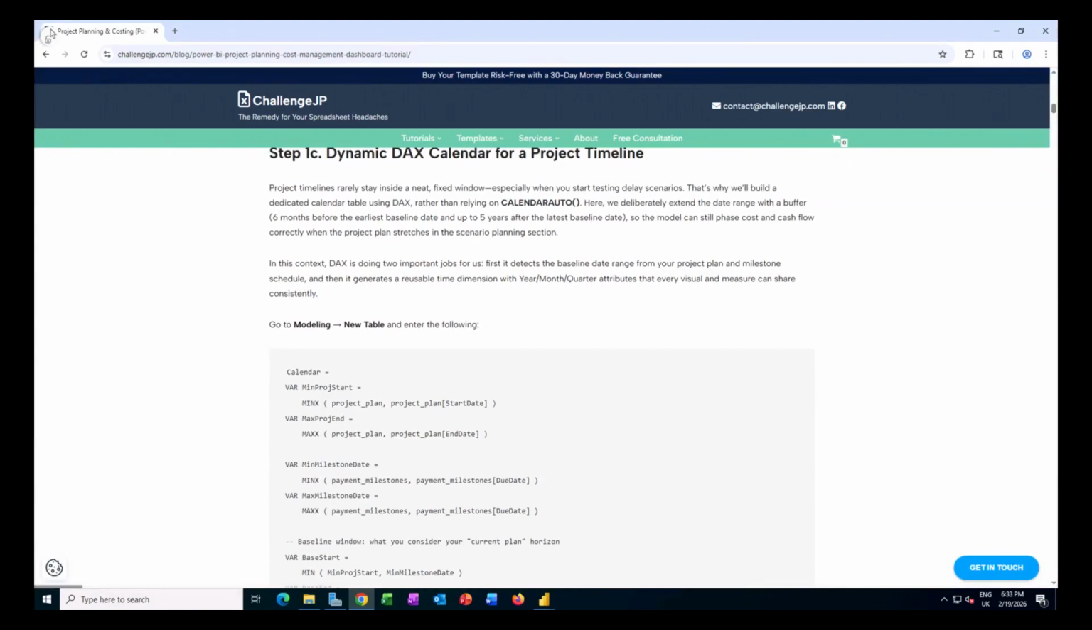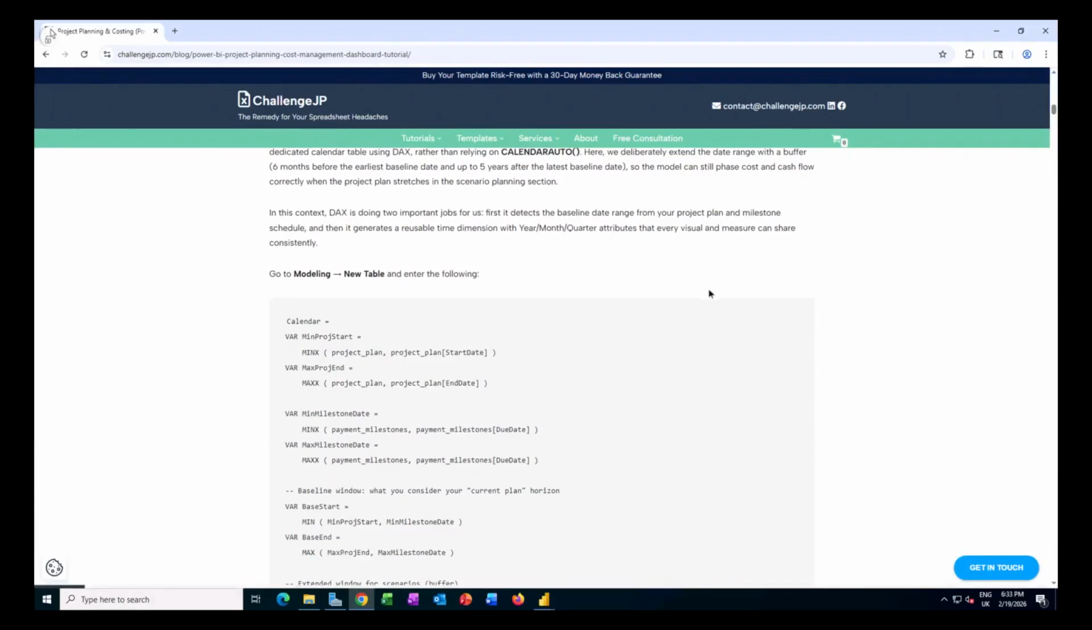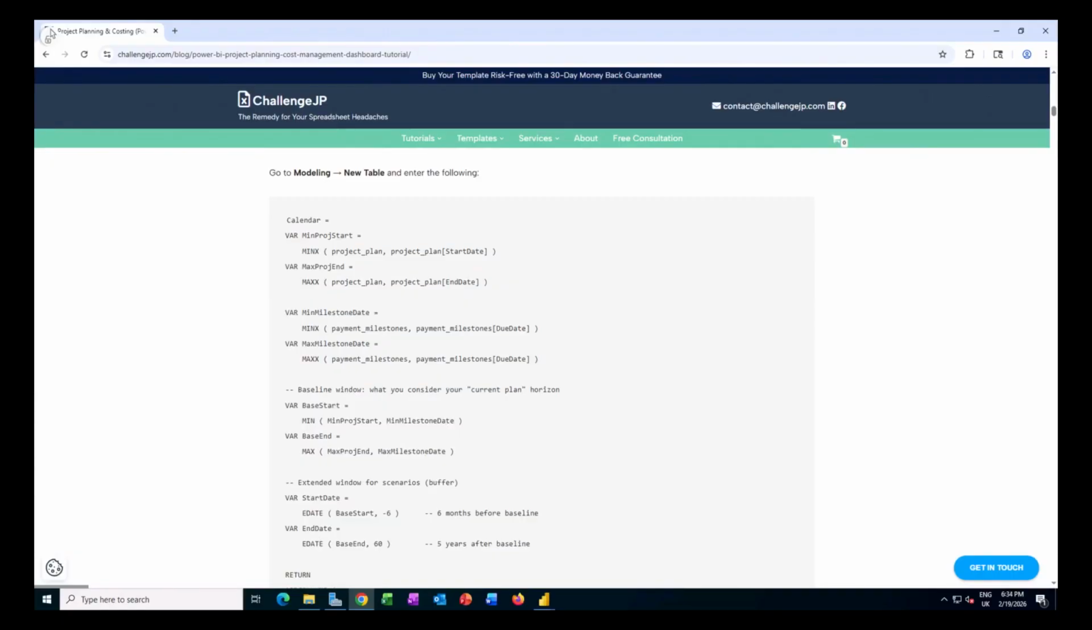DAX calendar. Okay, so this is where I'm actually going to start introducing already our first DAX measure, or more precisely, a DAX table. So first of all, I want to create a calendar table that will have a range of values starting from the minimum date to the maximum date based on my project plan and my payment milestones. Okay, so that's my first step here, and this is what that part of the DAX code